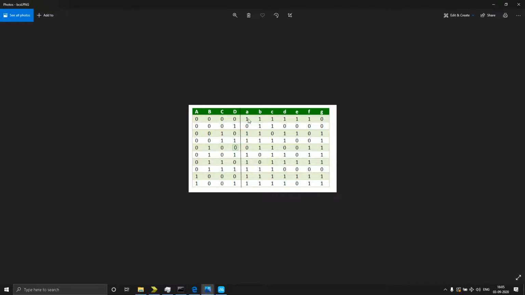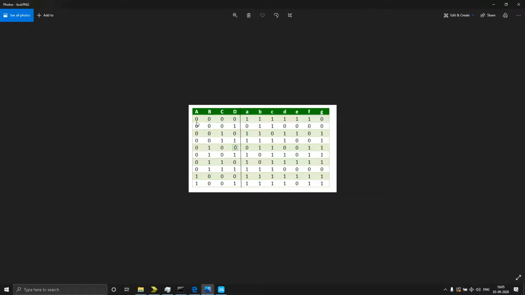When we simplify this, for getting the output A, I just call this A as Y0, because otherwise it will confuse. So Y0, Y1, Y2, like that. For Y0, what we have to do is OR, that means add this one, this one, this one, like that, with respect to our inputs.